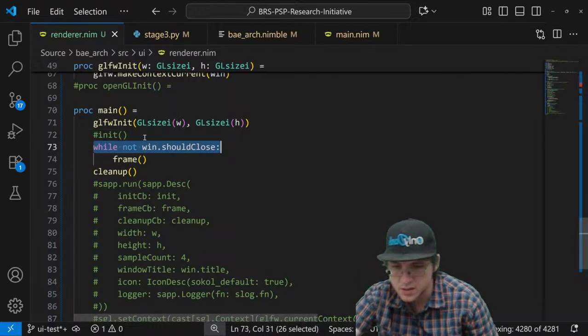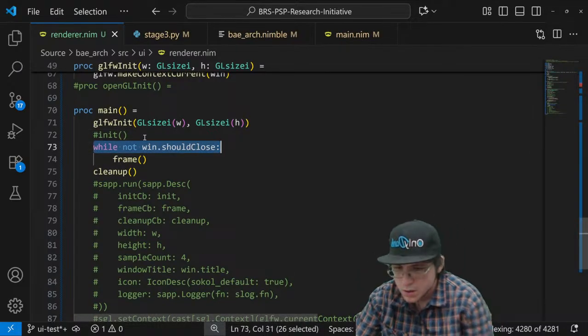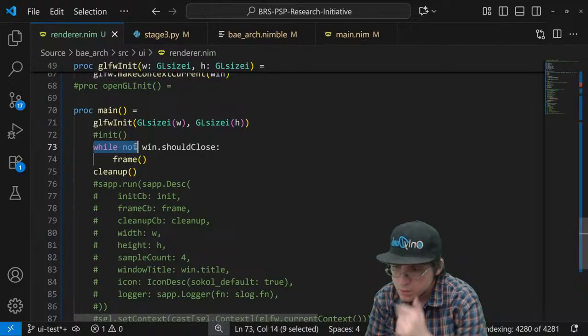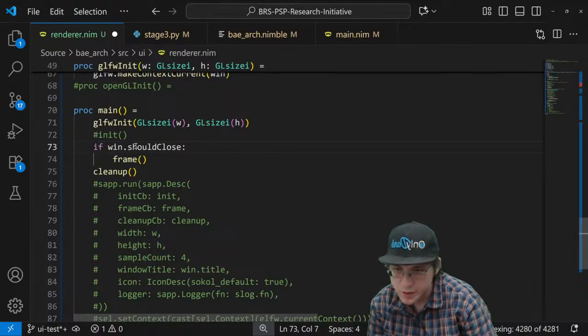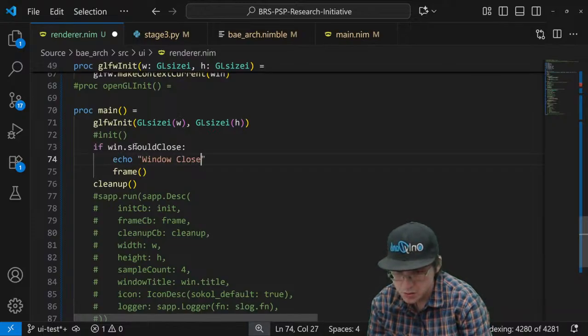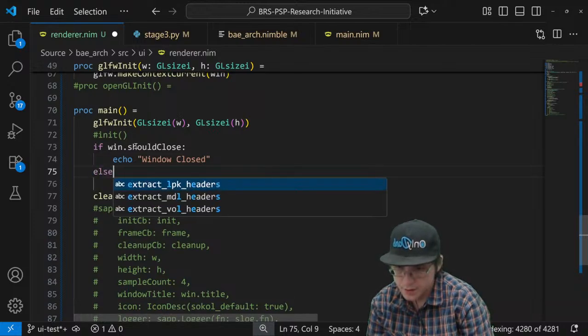Does it exist? Should close. You know what? Let's do if window should close, window closed, else.